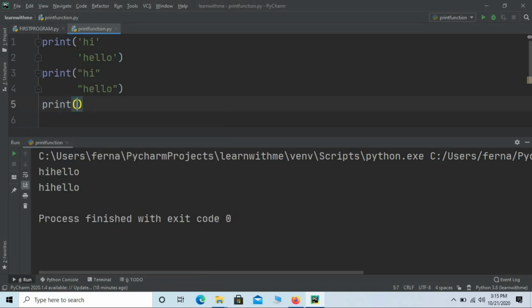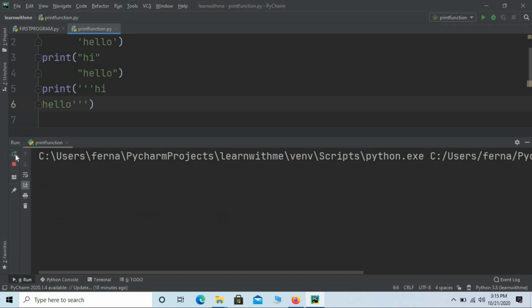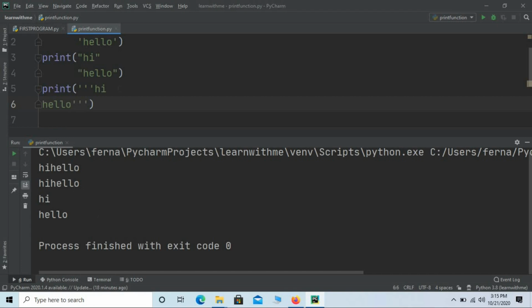Let me try with the triple quotes. Triple quotes is nothing but 3 times single quotes. So I'll type hi, press enter. Now if you observe here, my cursor was here. I will type hello. I will save the program, Control S. I will rerun the program. Okay, so what did it do?